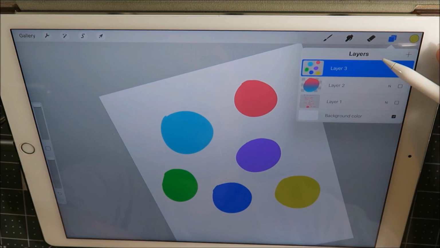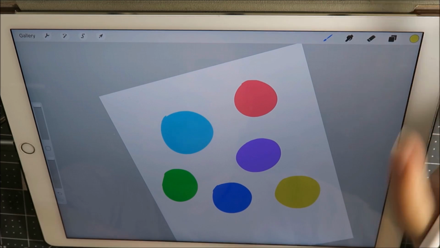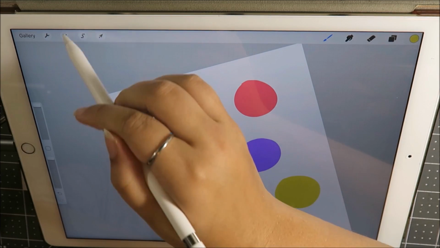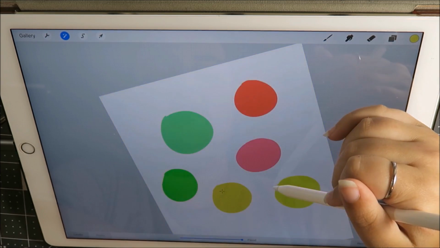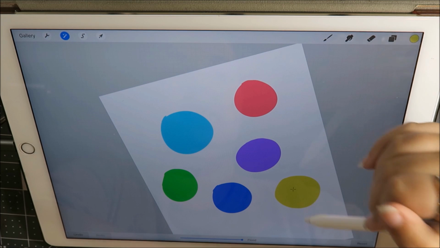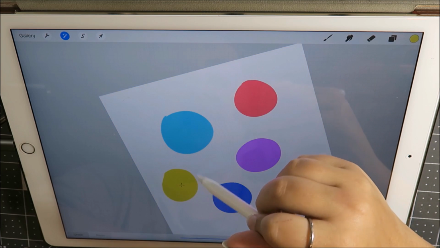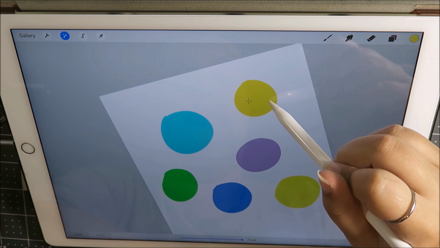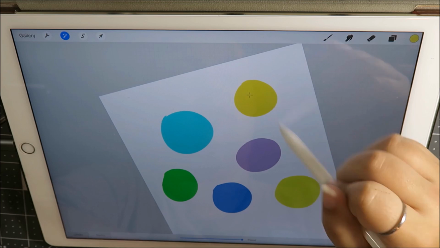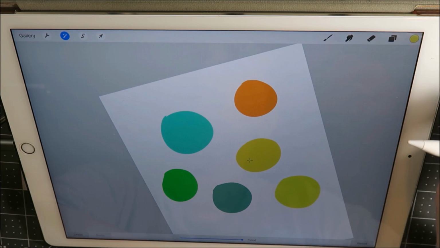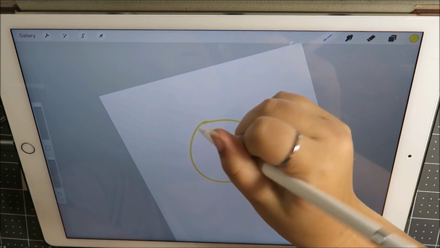But first I want to say all of these dots you see here are on the same layer, and this is why you do not keep everything on the same layer if you intend to use the recolor tool. Because if you select the recolor tool on this layer, you can see I have this color of yellow highlighted up here in my little circle. If I drag this crosshair over the other colors, you can see it completely just changes every color by trying to recolor one of these. So don't do that. If you want to use the recolor tool, keep it in one layer,